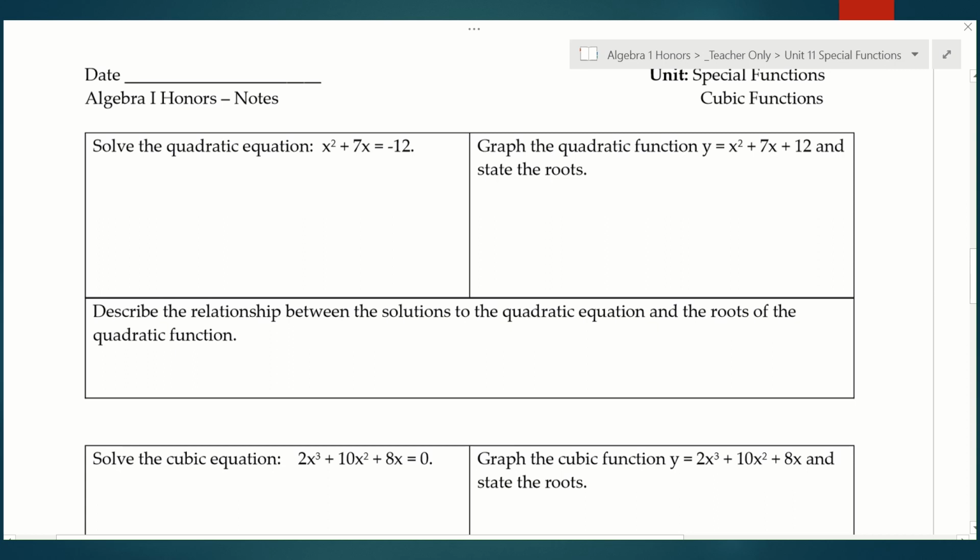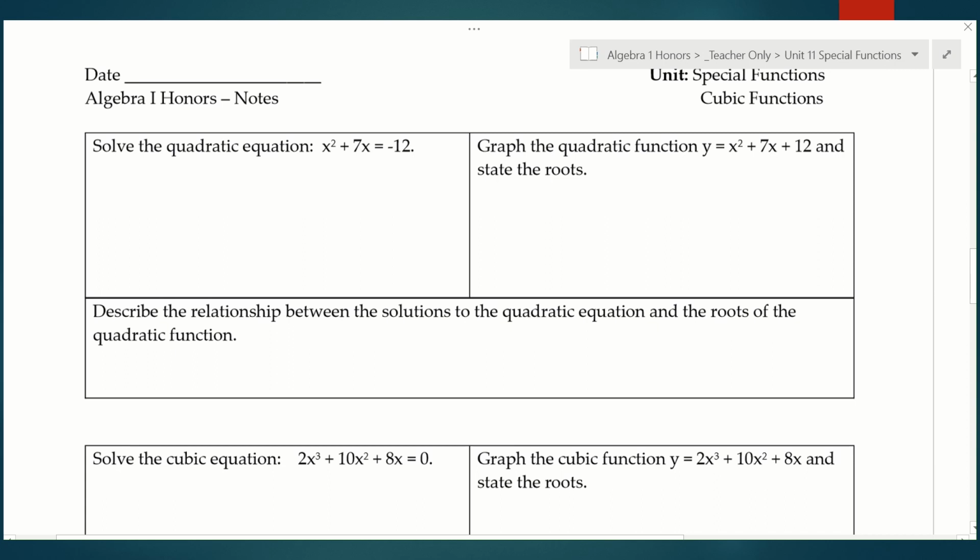Cubic functions have roots also. So it's where does that function cross the x-axis? I'm going to show you how to find the roots algebraically, which means without a graph. But before we do that, I'm going to remind you how to find the roots of a quadratic function